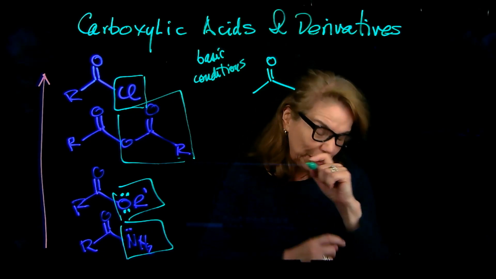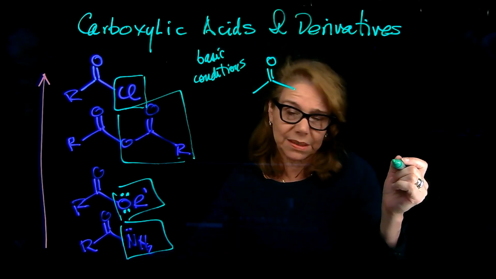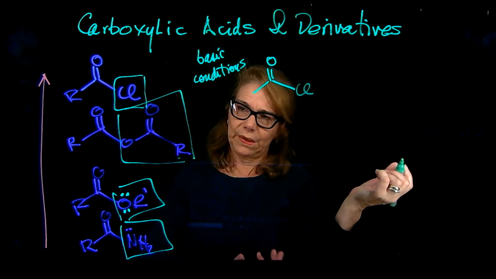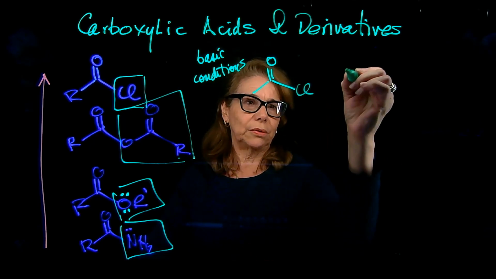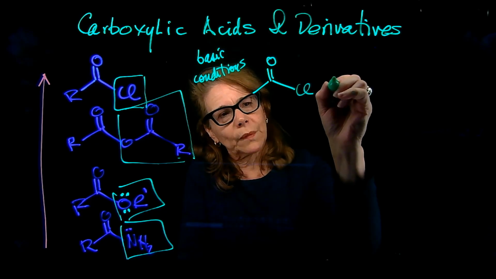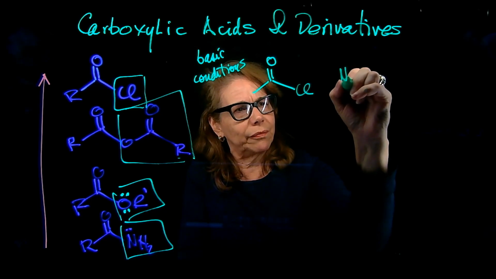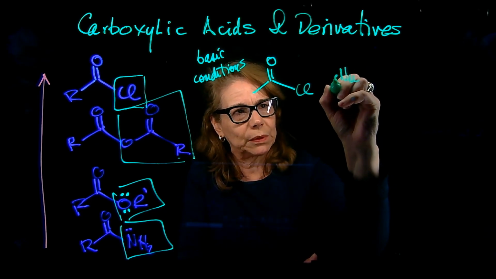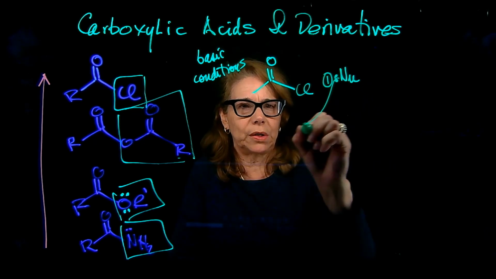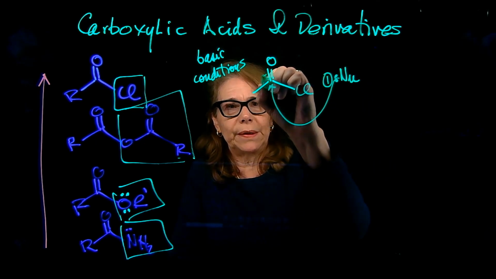No, you don't propose a species with positive charge under basic conditions. So if this is the acid chloride, the acetyl chloride, for example, we will have a nucleophile, say that we're going to look into examples, but a strong nucleophile, for example, with a negative charge,